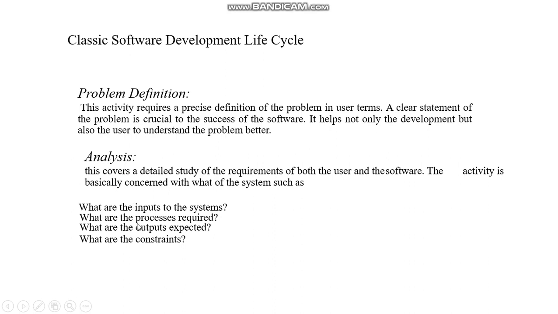Analysis. Here it covers what inputs we are going to give to that system, and the various requirements we analyze. We estimate how long it will take to develop a product, what environment we need, and how many resources we need. All these things are analyzed. How much manpower is required, what inputs are to be given, from where the input can be received by the system, what processes it will perform, how many outputs will be developed, and what the constraints are. These are the things examined here in the analysis phase.